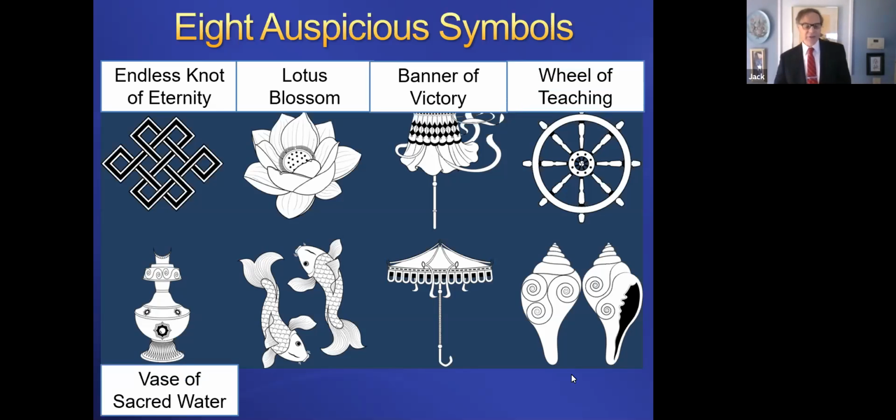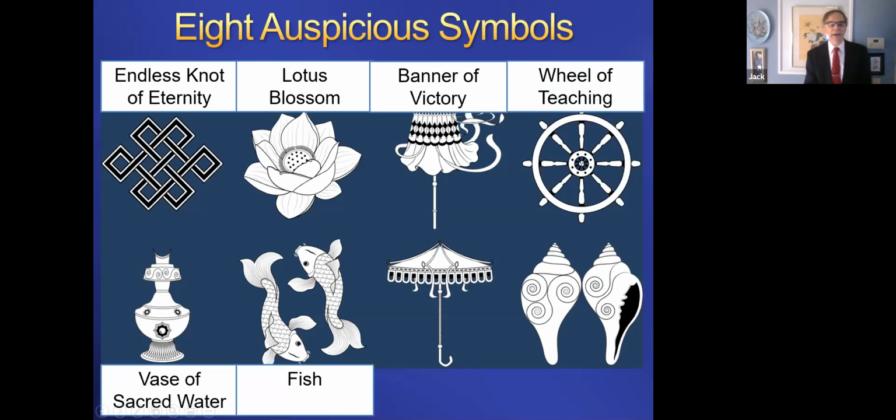What you'll see here generally is it contains the three jewels of Buddhism. I seek refuge in the Buddha, I seek refuge in the Dharma, I seek refuge in the Sangha. The Sangha was their monasteries. So those are the three fundamental jewels of Buddhism. And then these two fishes, which is an ancient symbol going back into India. It goes back to the fact that India is bordered by two sacred rivers, the Indus on one side and the Ganges on the other side, and the fish represent that.